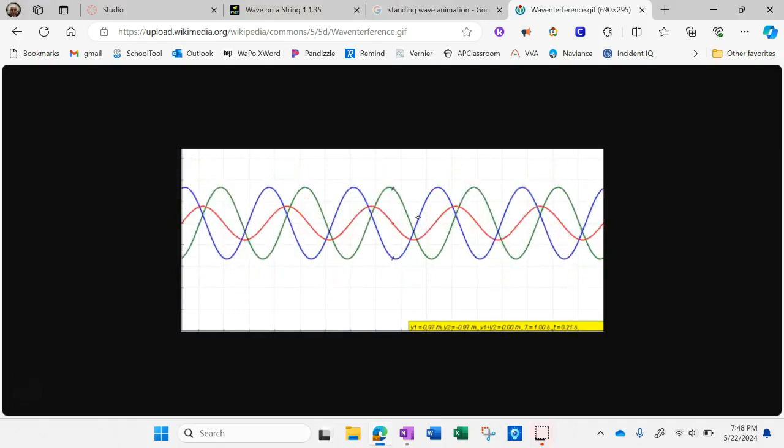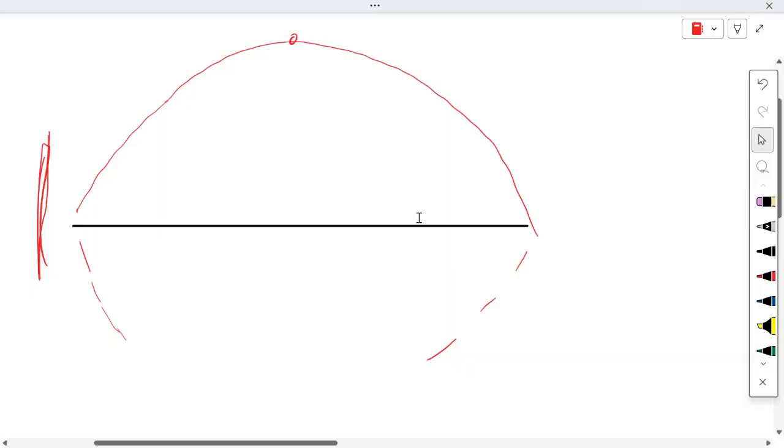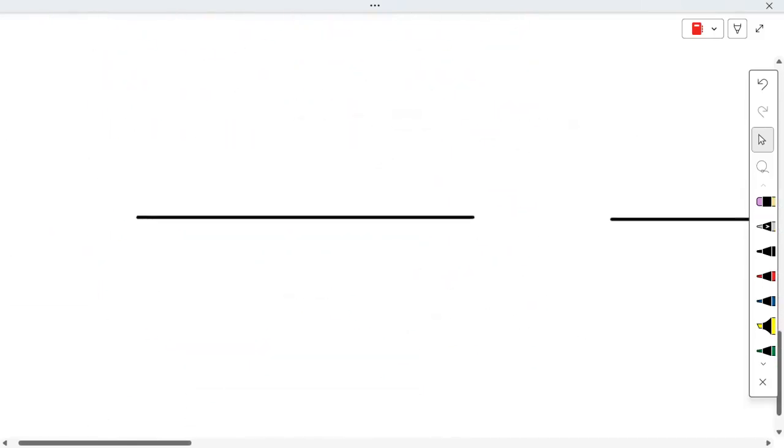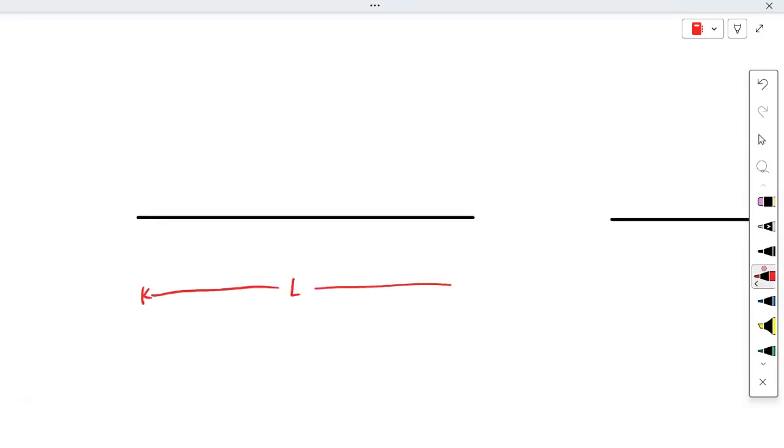Okay, so let's get a little more into the analysis of it all. For a certain length of a string, let's call it a length L, there are several, really an infinite theoretical number of frequencies at which you can create a standing wave, right? And the lowest frequency, I apologize, the smallest frequency,